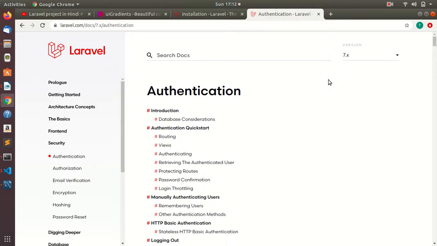Hello everyone, in this video we will see how we can create a registration page and a login page, and how we can register a user in Laravel. Laravel provides us two ways to do so. First one is Laravel Auth. Using Laravel Auth we can run some commands in our terminal and we will get a register and login page by default from Laravel, and we don't need to write much code, and we will easily be able to register the user without much code.